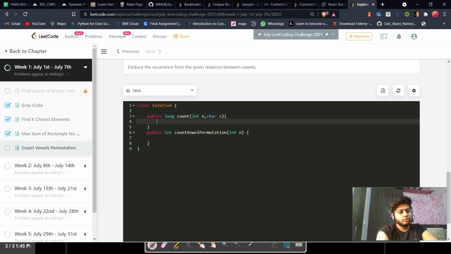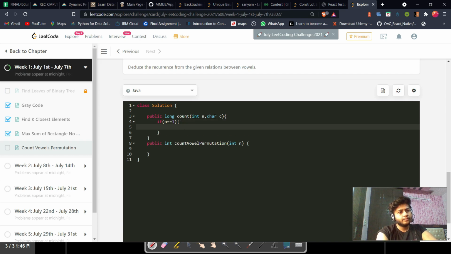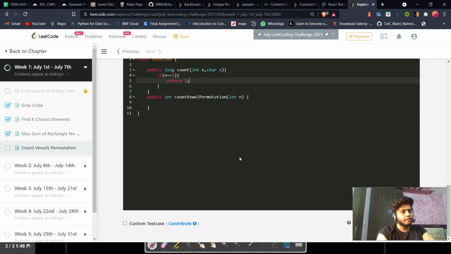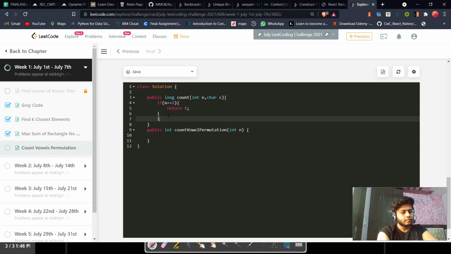Sorry, that's not int, I will take it as a char. Okay, so what if n equals 1? We just return 1, as for n equals 1 we have each individual, and for each individual we have 1. After that I make a long answer.